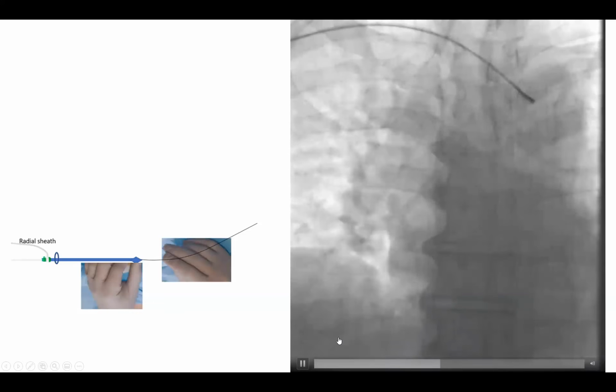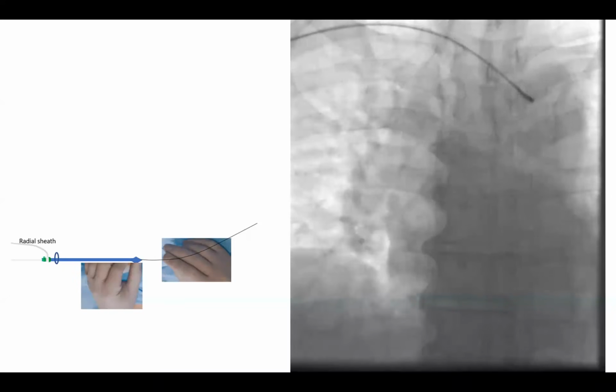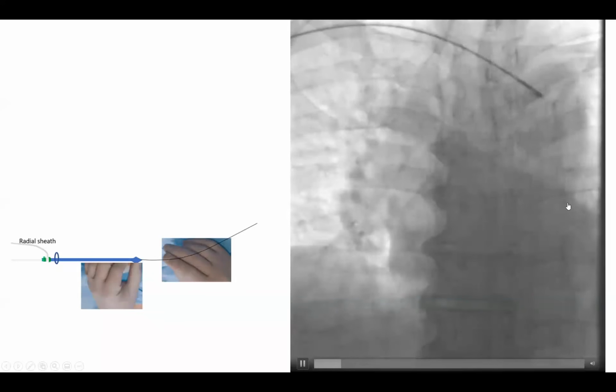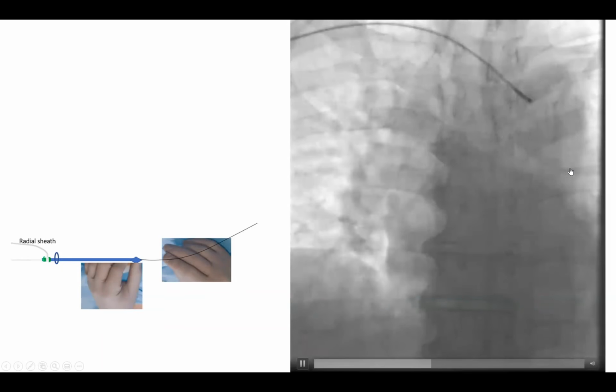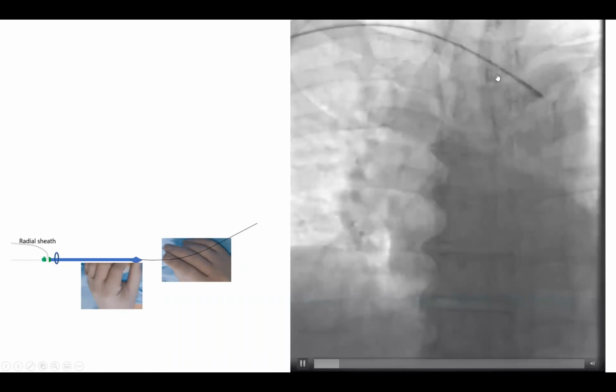Some people use a deep breath during this maneuver. I really think you don't need that. It's fine to do it, but just pull with a counterclock, knowing where your starting point is. You're starting from the descending aorta and pulling from deep all the way up, and you will always see that